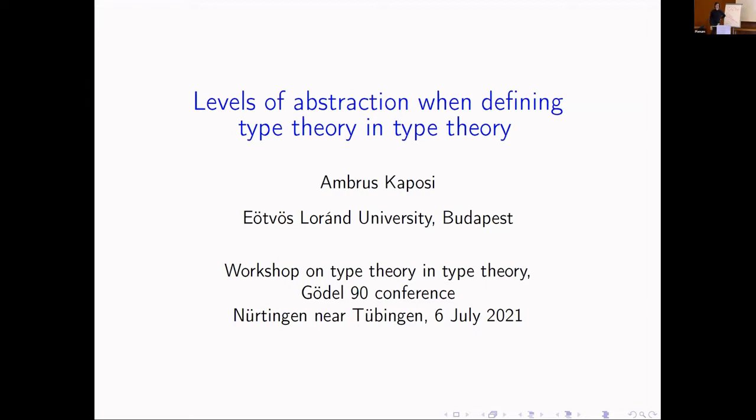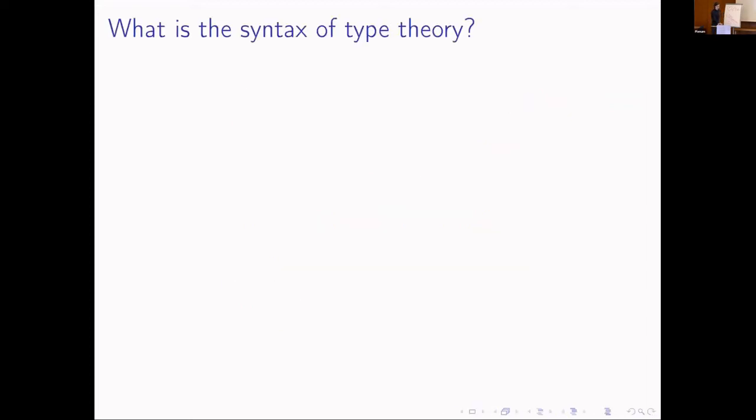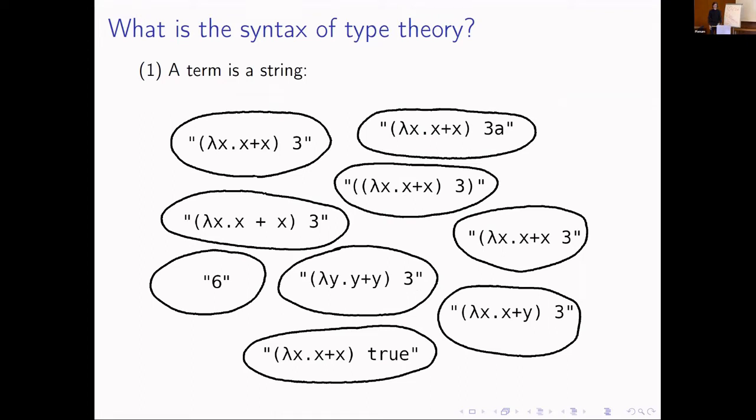This is in the session on type theory, so this talk will be precisely about this topic. Let's be very concrete. What is the syntax of type theory? If we are very concrete, we can say that a term in type theory is a string. So we have lots of different strings, which are all terms in type theory. These all kind of represent the function which adds its input to itself, applied to 3. And there are several different ways of presenting this, but